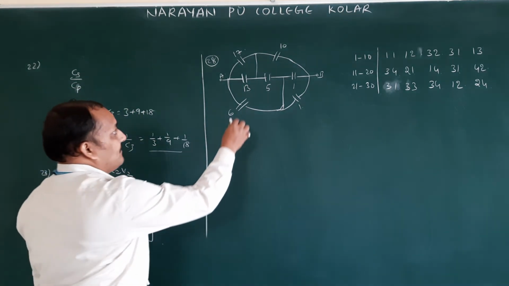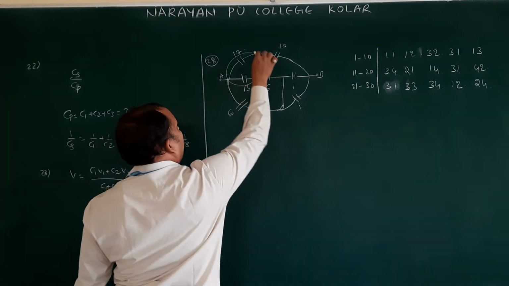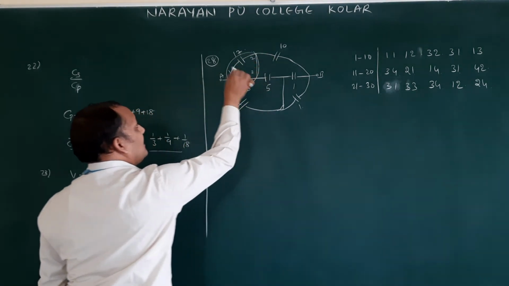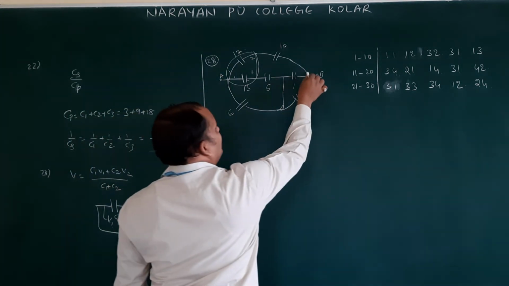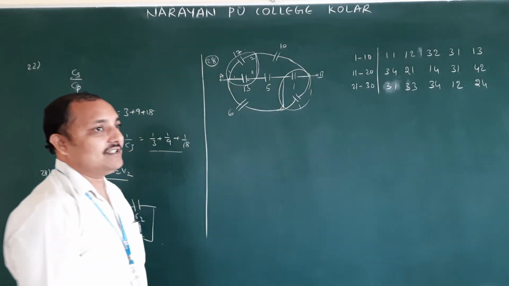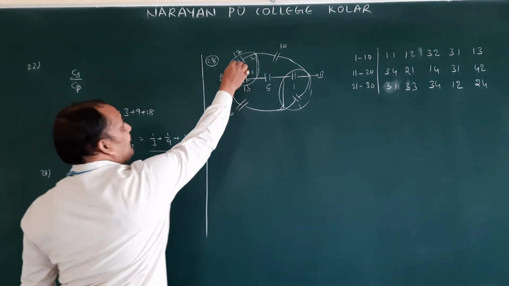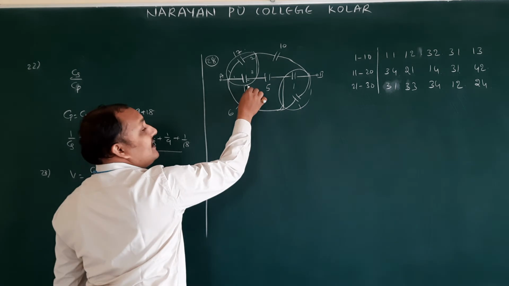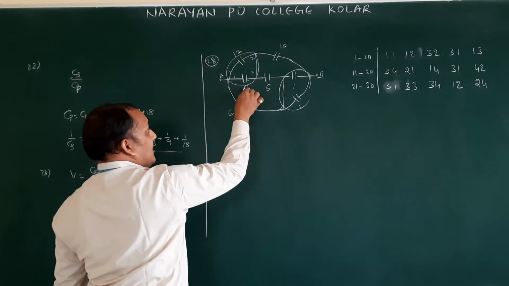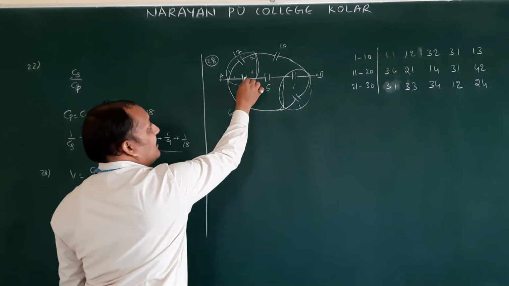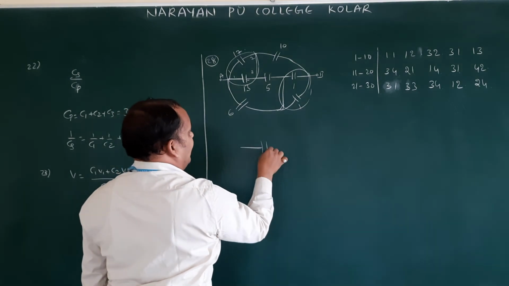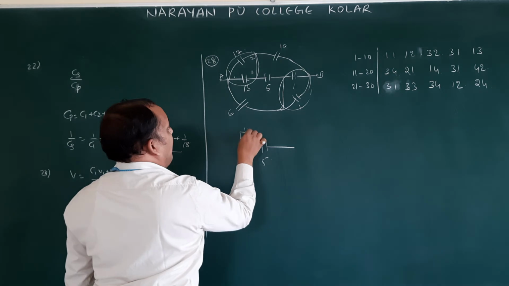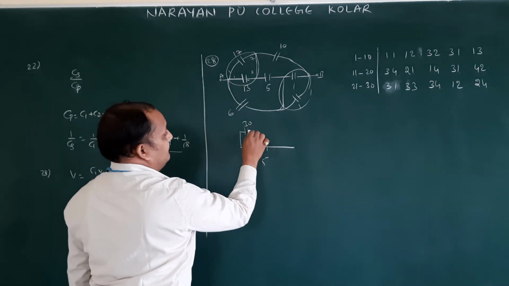See here how these two connect. Here one is connected, here one is connected. 2, 2. So these two are connected in parallel. Like that, these two are connected in parallel. Parallel means what is the formula? C1 plus C2. 17 plus 13, how much? 7 plus 3, 10. 1, 1, 2. 2 plus 1, 3. 30. Here we are getting capacitance 30. This 5 is 5 only. So here we are getting 30.